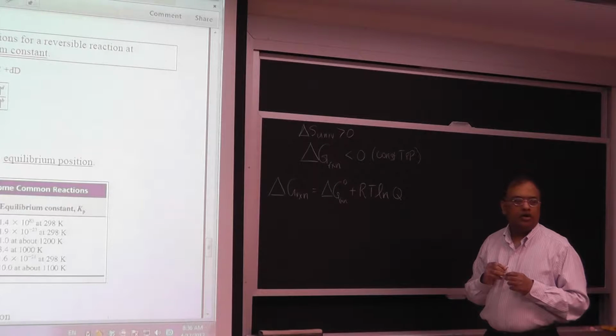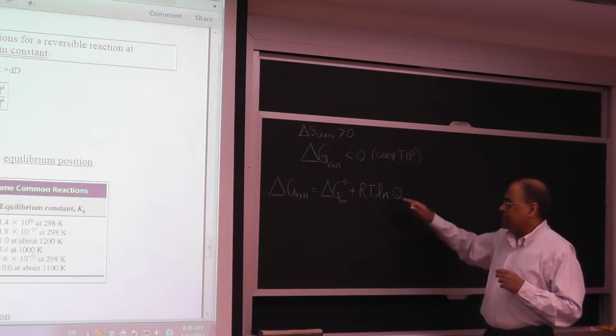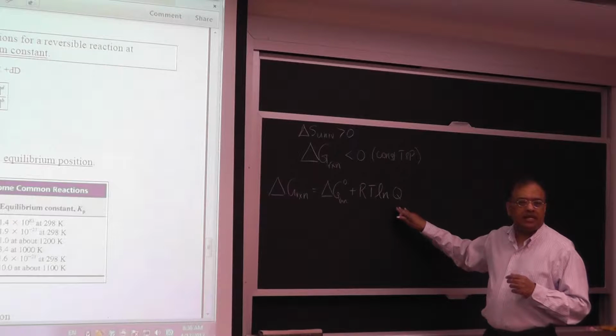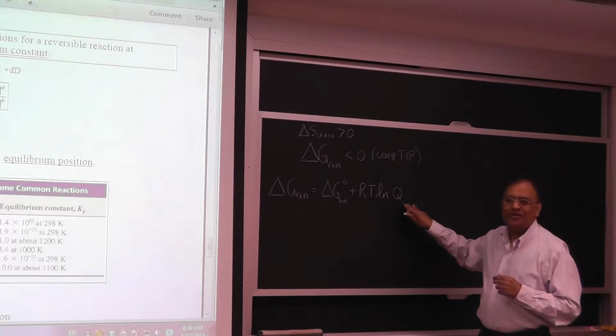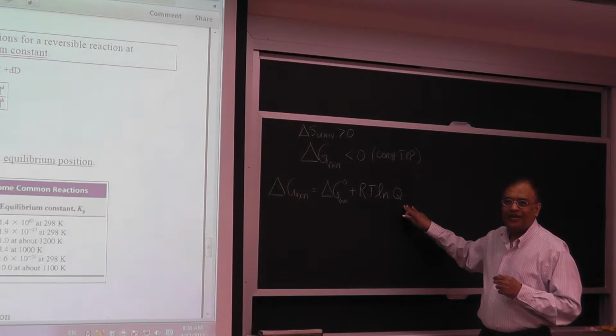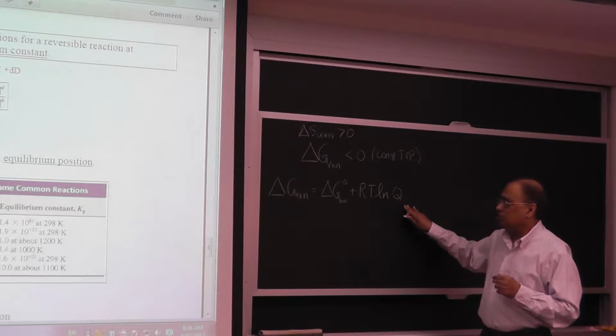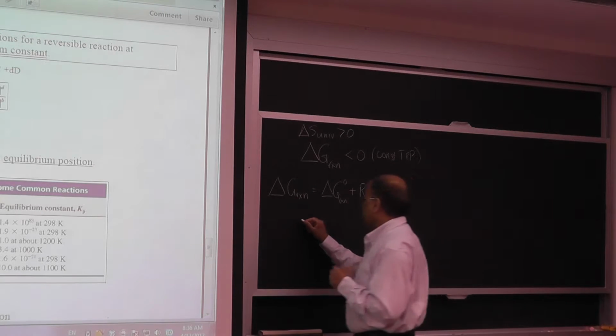Partial pressure ratio. Okay, it's a ratio, but what is the technical name for Q? Quotient. The reaction quotient. Okay, Q is the reaction quotient. And Q is equal to,